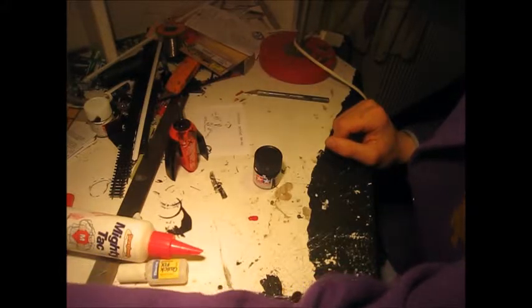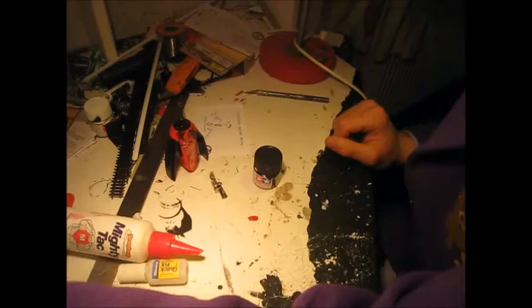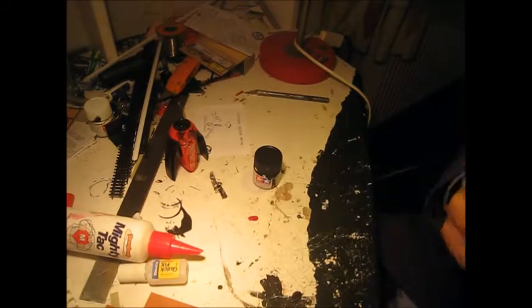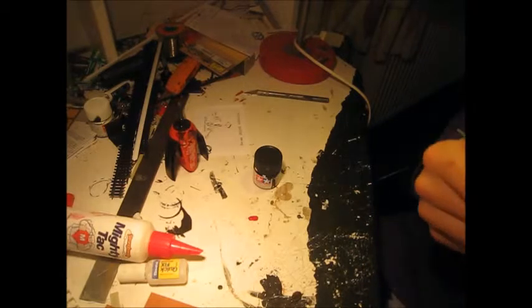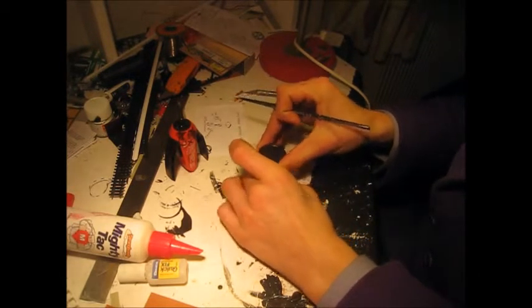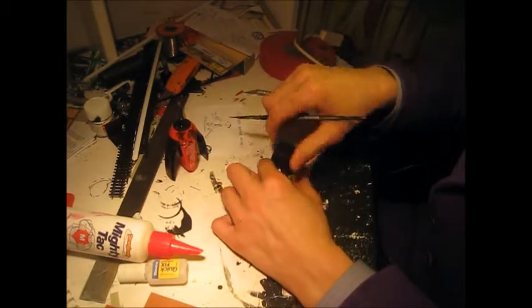get out, at least have a look. Here we go. For a slightly smaller brush to do the black with. Now the black goes pretty much everywhere else